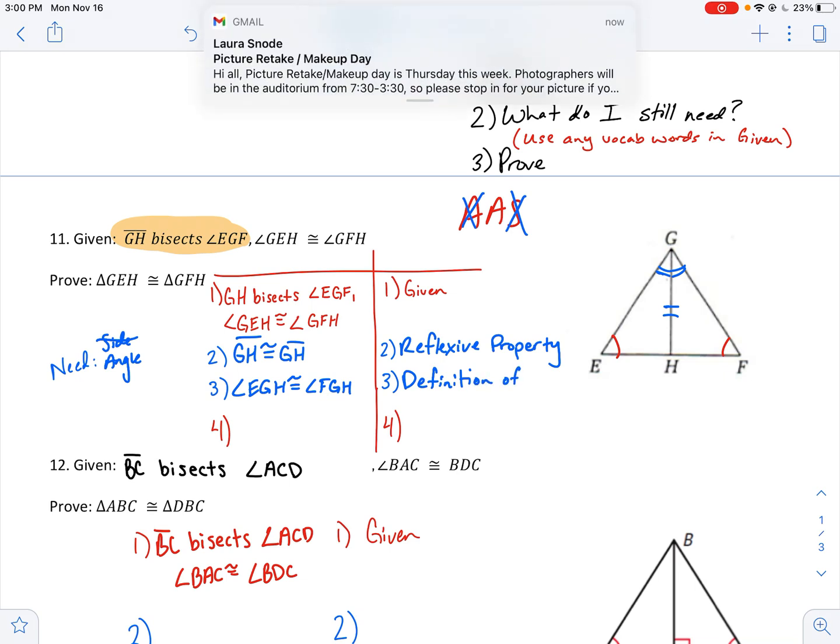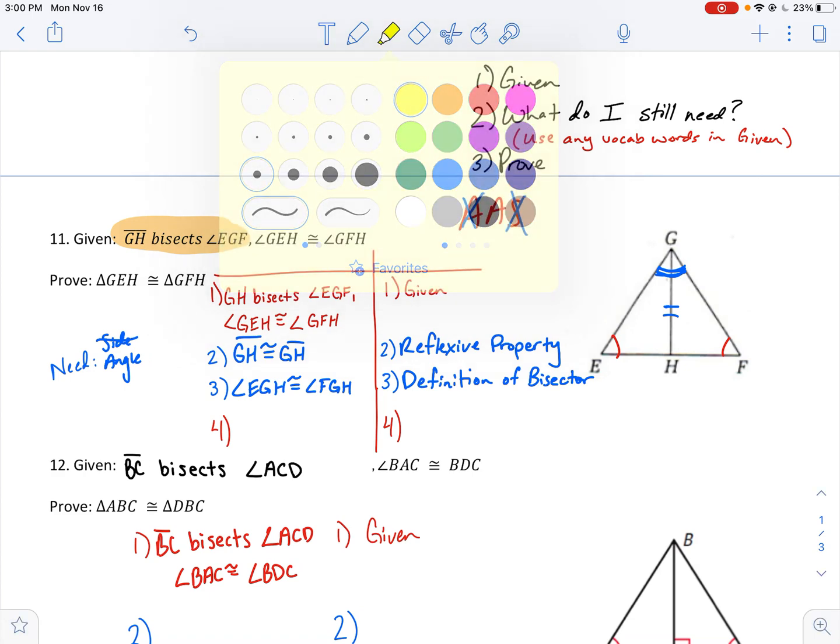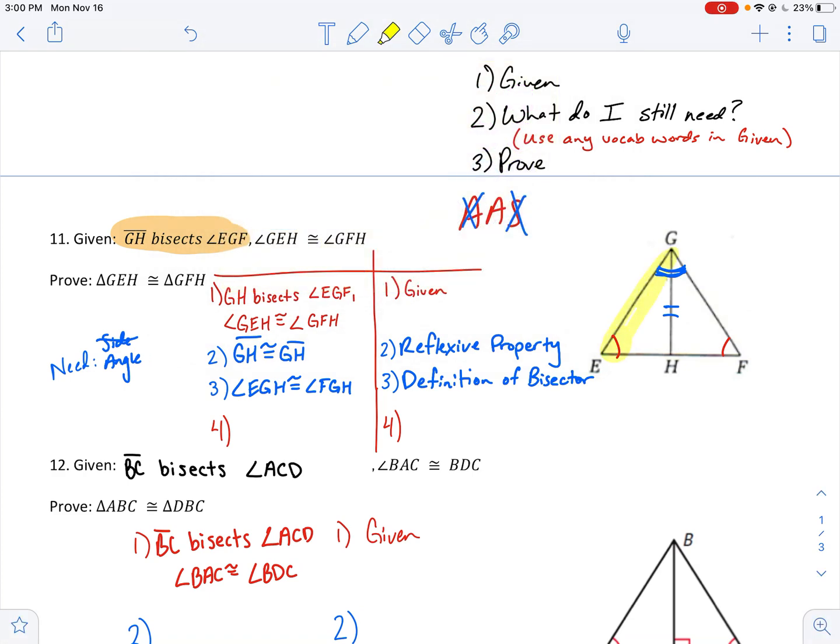Definition of bisector tells me that this angle up top was bisected or cut in half. So I've got a congruent angle side on the left and a congruent angle side on the right. So I've taken care of everything I needed, which means that now I can claim that